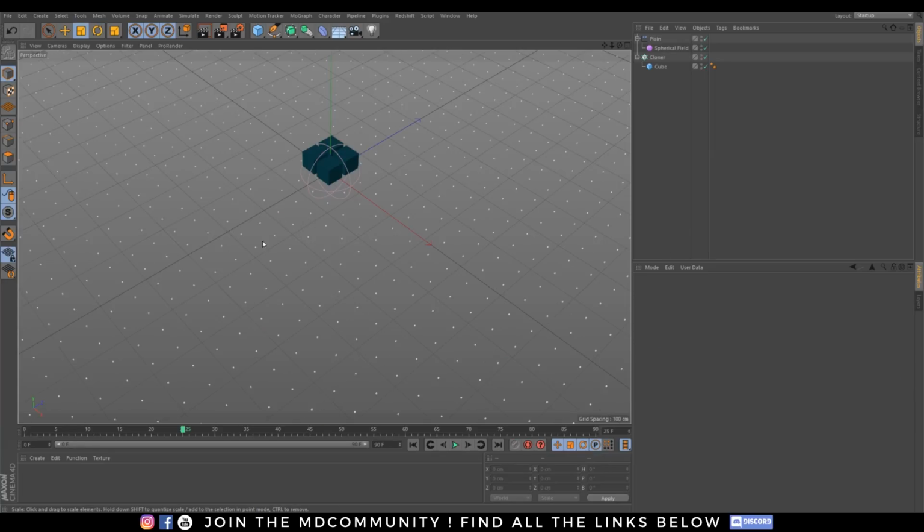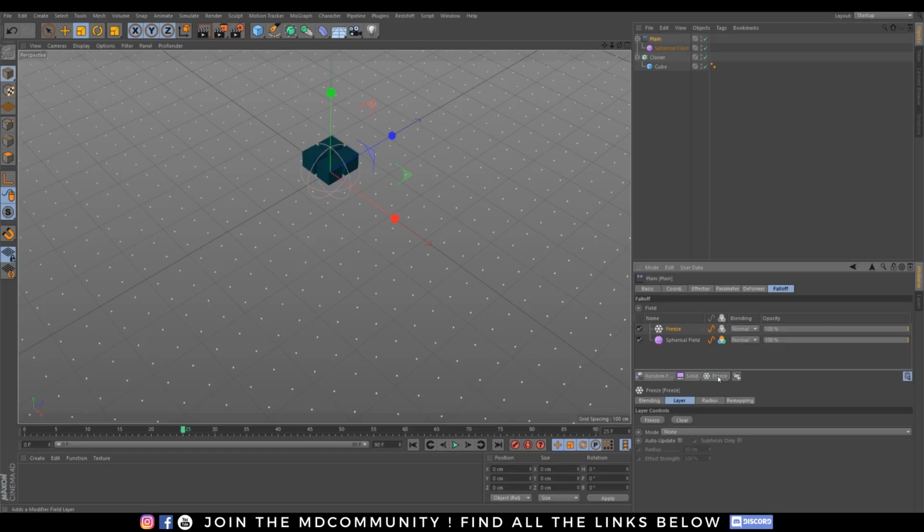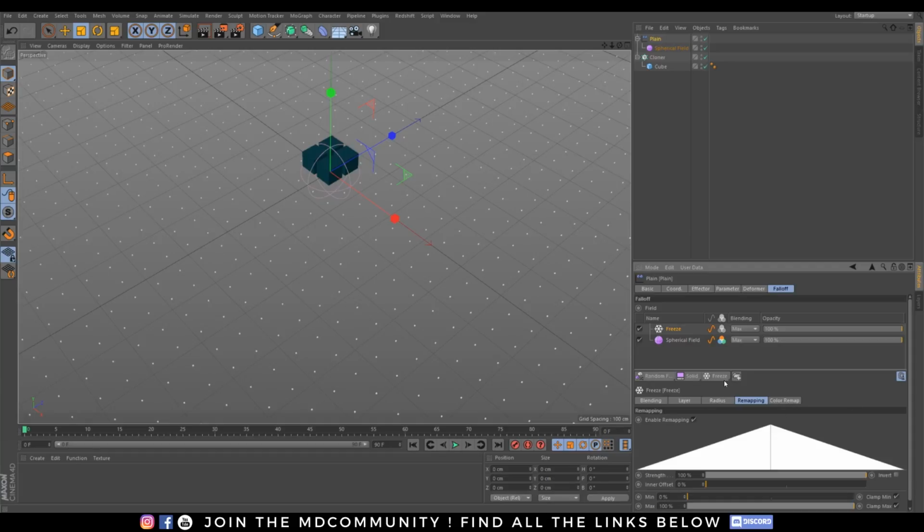Back on our scene, let's click on the plane effector and add the freeze effect. On my freeze effect, I will set the blending mode to max, and same thing for the spherical field, so I can have a blending between these 2 fields. If I click play, nothing happens. You need to go on freeze, set the freeze mode to grow, and I will enable remapping to have this remap.